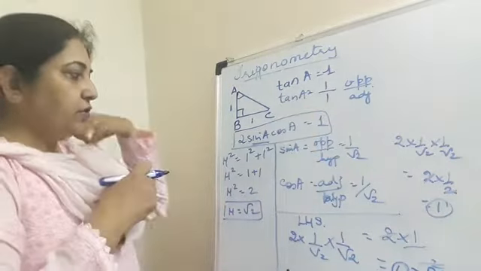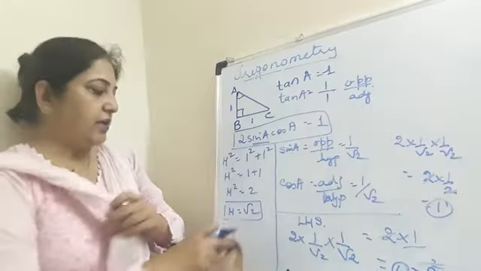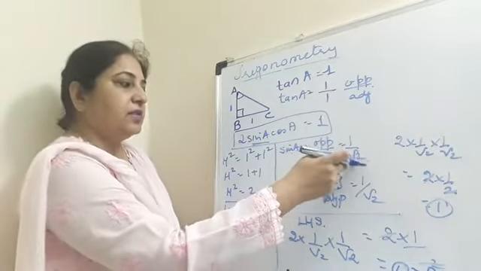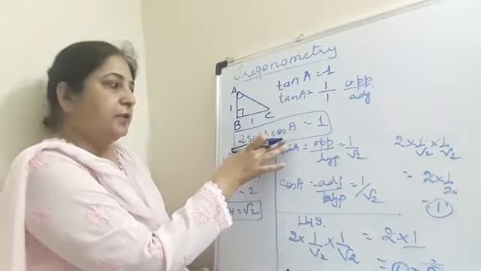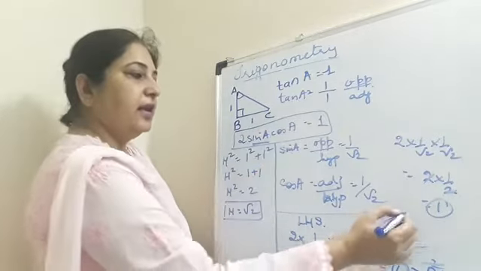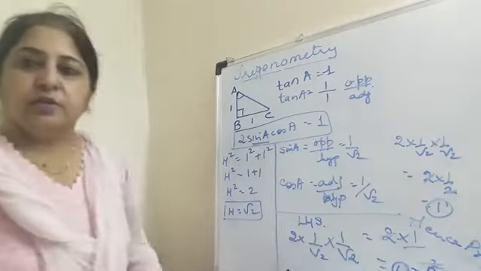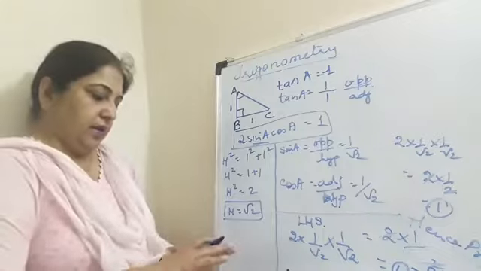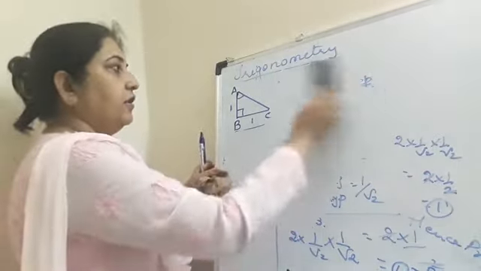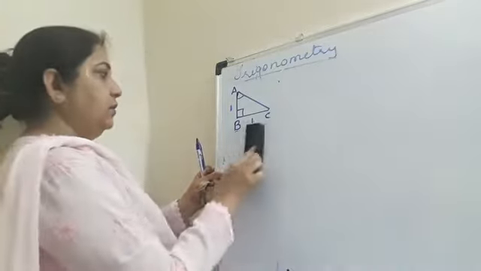So in this question, because tan A was given, opposite upon adjacent sides were given, we find the hypotenuse by the Pythagoras formula. We find the hypotenuse as root 2, then find sin A and cos A. We substitute these values of sin A and cos A in the given equation, and when we solve it, we find that the value comes out to be 1, and hence in the end we write proved. I hope this question is clear to you, right? And I also expect that you have learned all the ratios of trigonometry. Okay, right. Now next question.